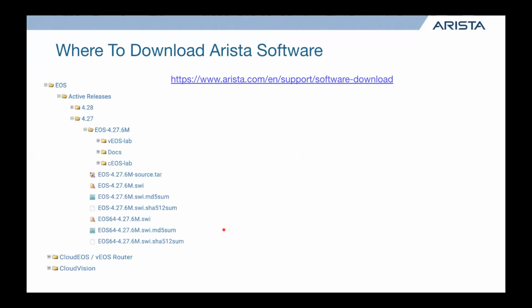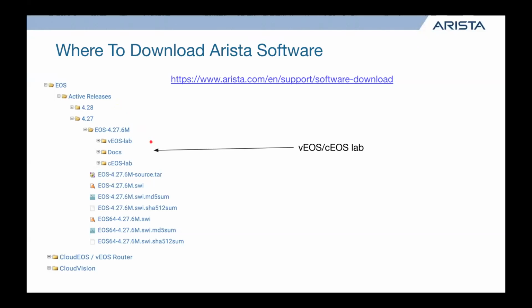But now that you kind of understand what the different images are, where do we go to download those? If you go to our Arista software download page, you'll see a lot more than what you see here. I've snipped it to fit on our slide, the part that we care about. You'll see this folder hierarchy with a lot of information in it. I've broken it up for an example where we might be looking for 4.27.6M. You'll see we go to the active releases, which has all of our active trains in it. We're going to go to the 4.27 train and then open up the 4.27.6M image bundle.